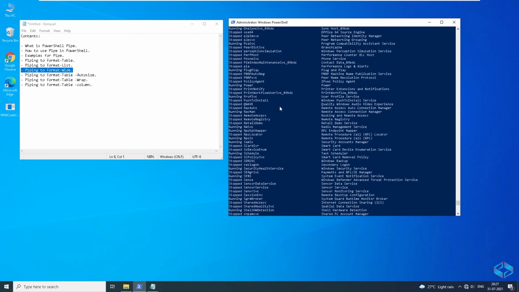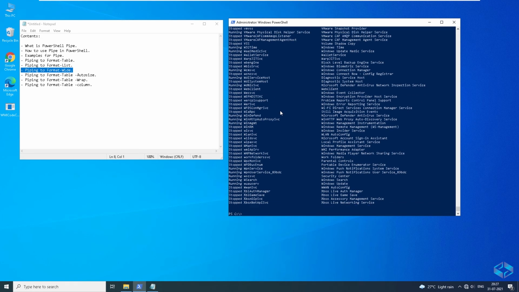Whereas if you see the same services here, you can see it is written fully. So this is the main difference when we are using auto size. It depends on the sizing of the column, it will expand automatically.